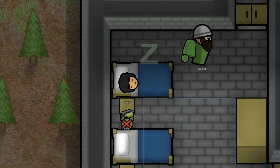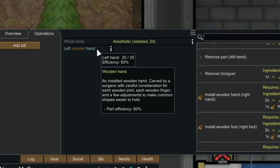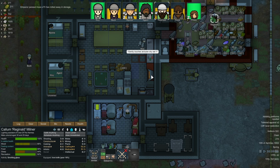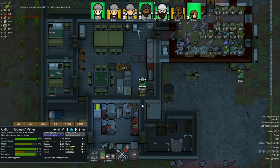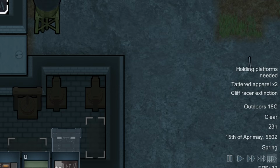This time it was successful, and Reginald managed to install a wooden hand onto her. It was nowhere near as efficient as her original hand, but it was much better than nothing. Life in the colony was seemingly getting back on track. Winter was coming to an end, and everything was looking up, and it was at this point that Kivy went